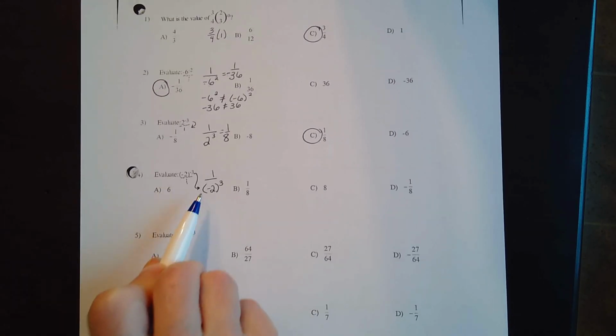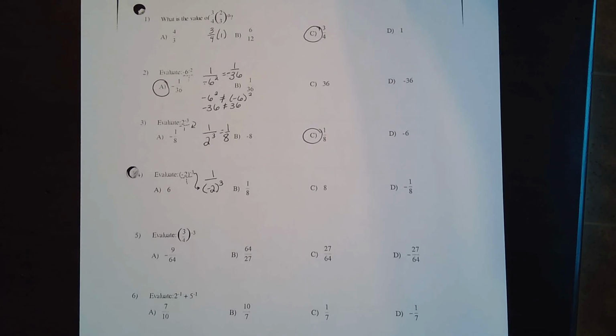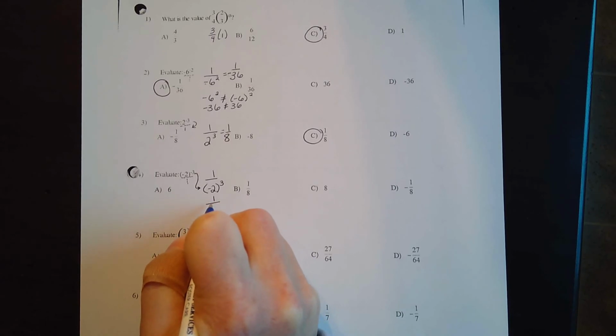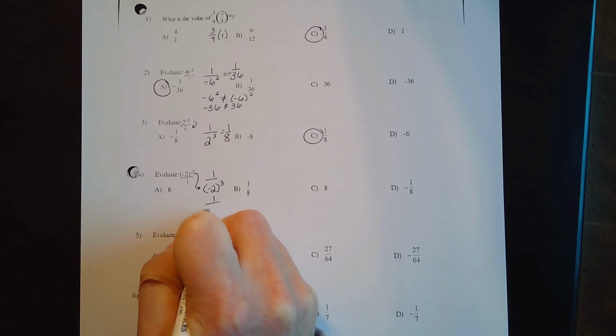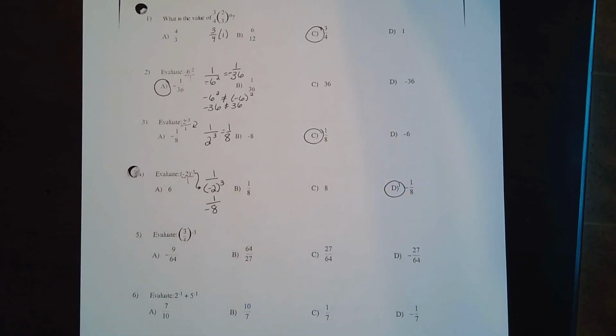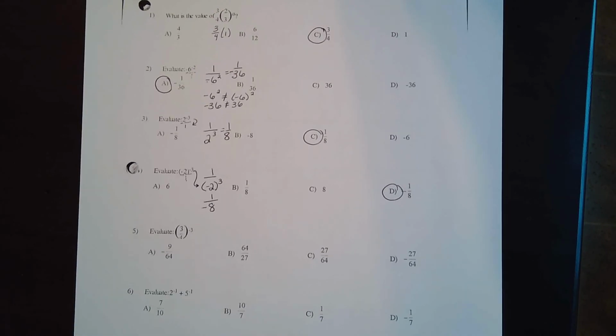Oh, it's -2 times -2 times -2, which is a -8. So -1/8. Number C, or letter D. Sorry about that. Number 5,